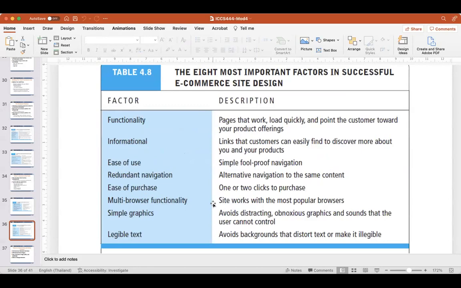Next one: 8 most important factors in successful e-commerce site design. There are 8 criteria, 8 factors. The first one is functionality. Functionality in here means that it is the pages that work, load quickly, and point the customer toward your product offering. In terms of informational, it provides the links that customer can easily find to discover more about you and your